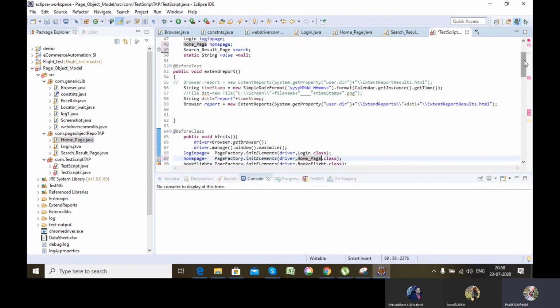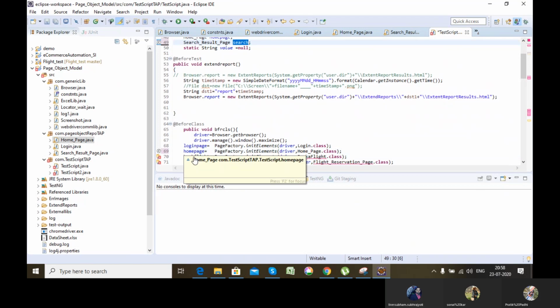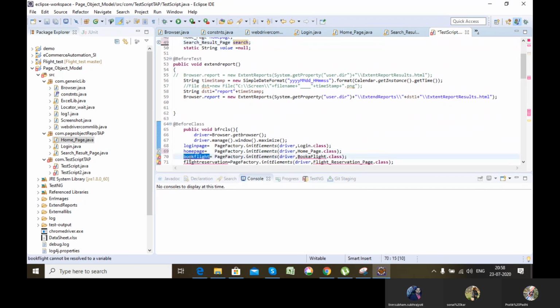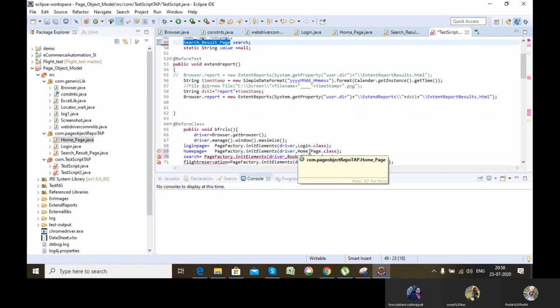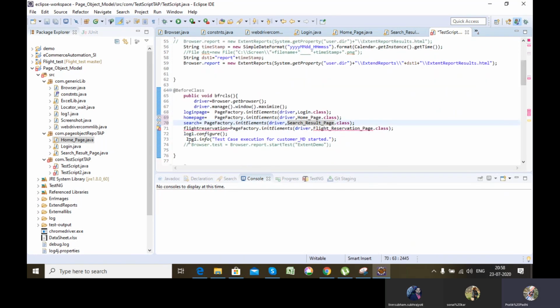Similarly, I can instantiate the search page. So I have instantiated the three pages which I have created.